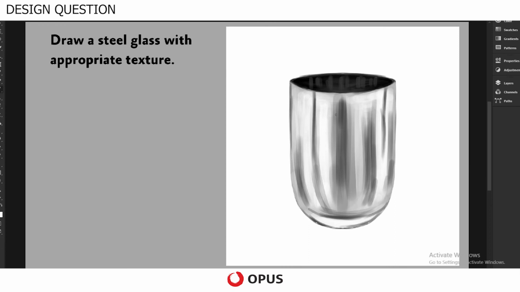Alright, now after that we will just add the edges, because we see it in glossiness. So thus you see we have that steel texture,